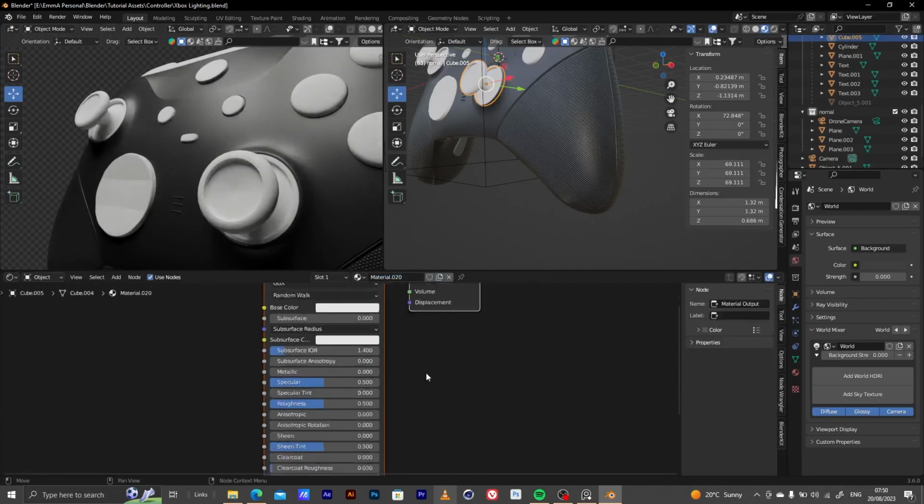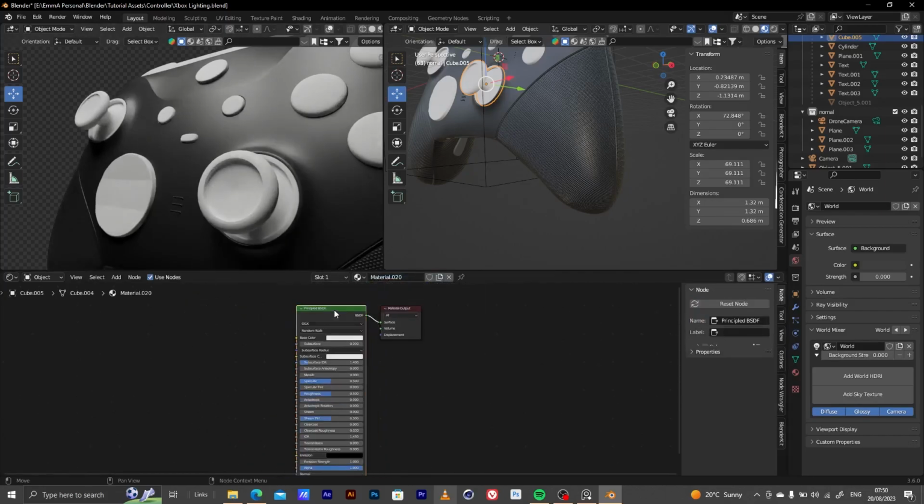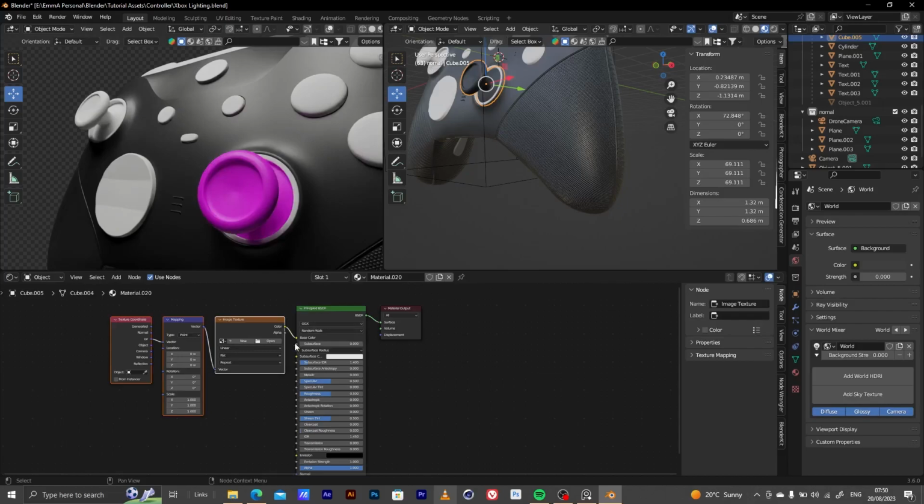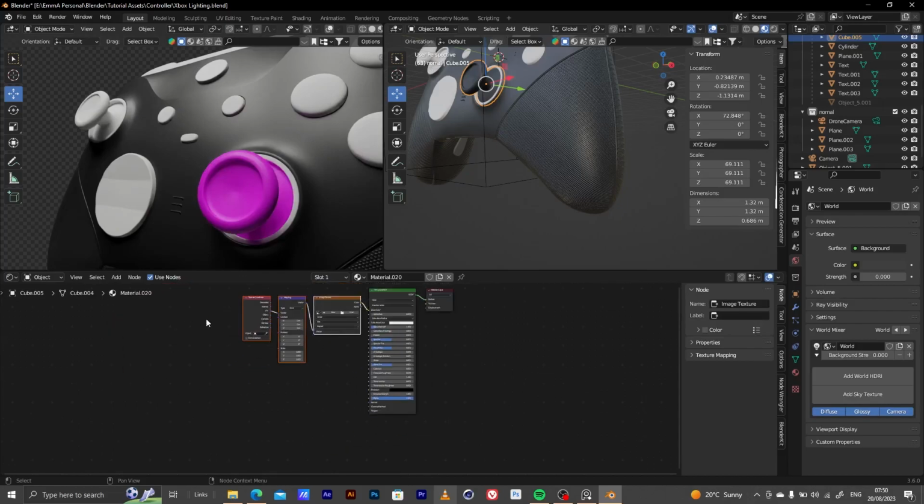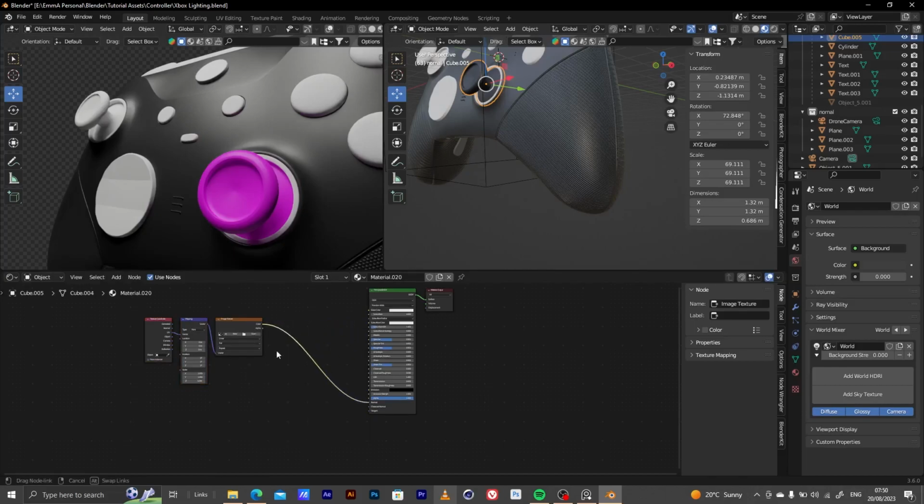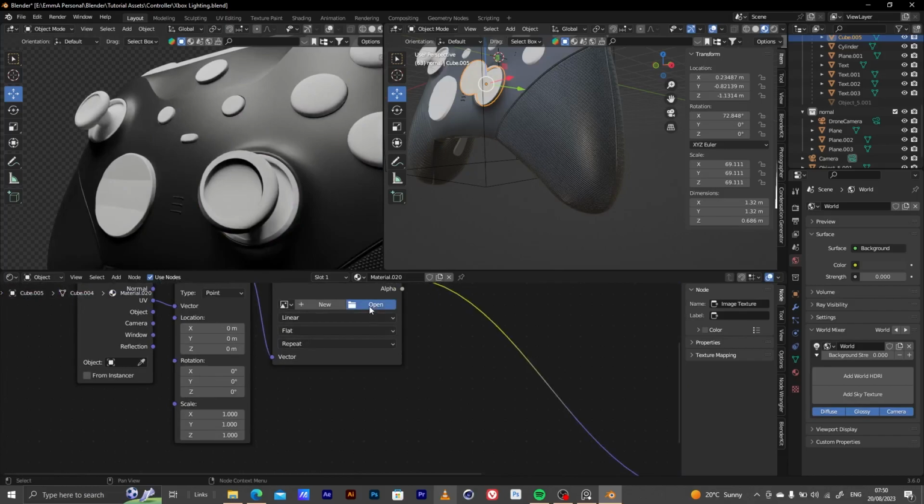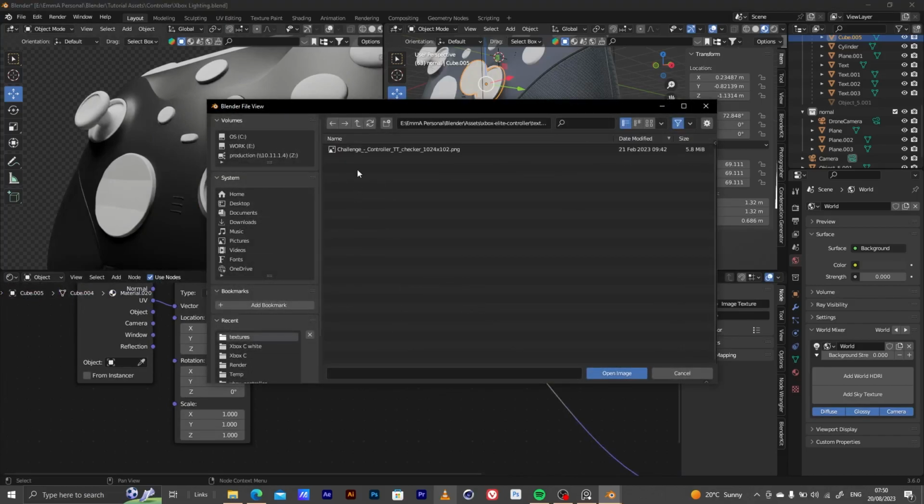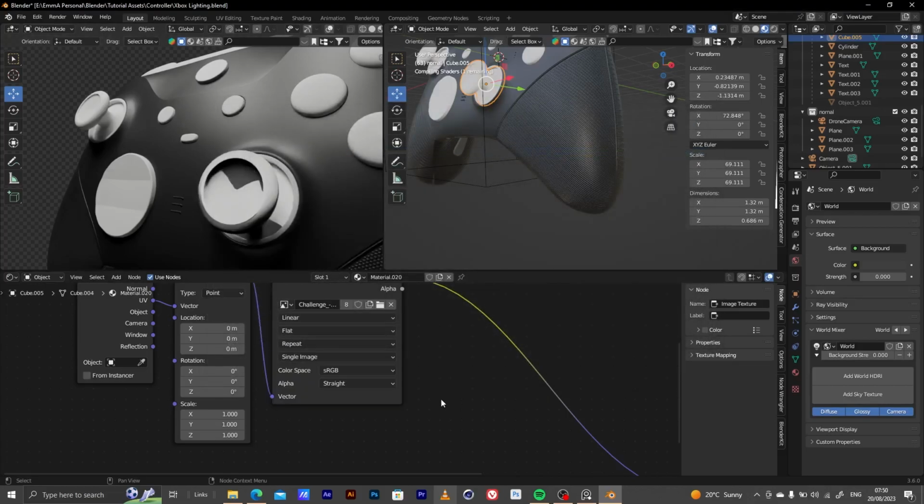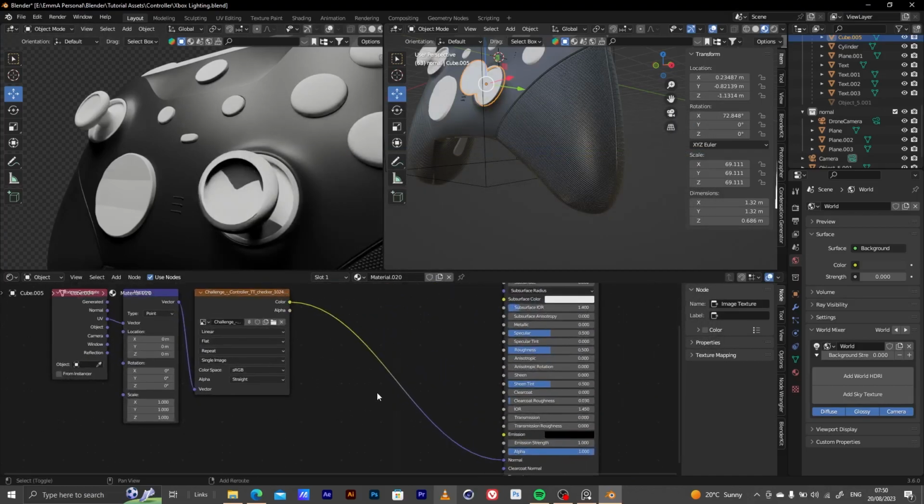So add a new shader, Ctrl T again, plug this into the normal, and then come here and add this texture. Same thing, Shift A, bump,